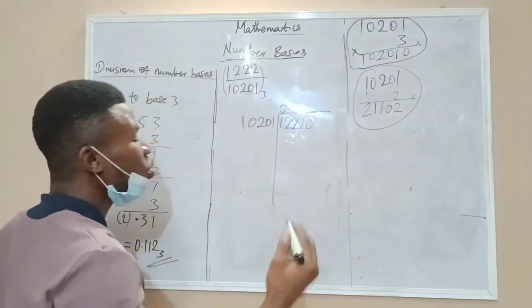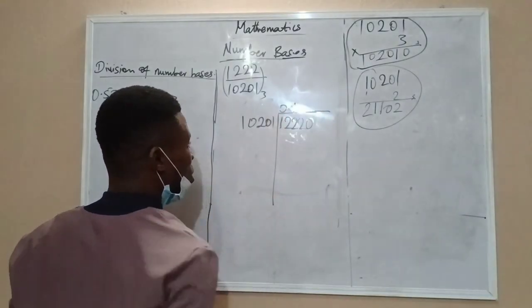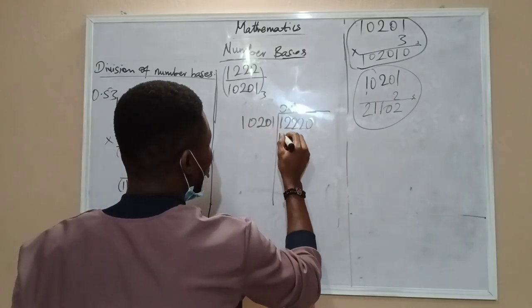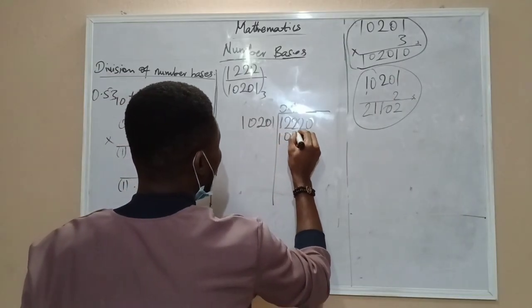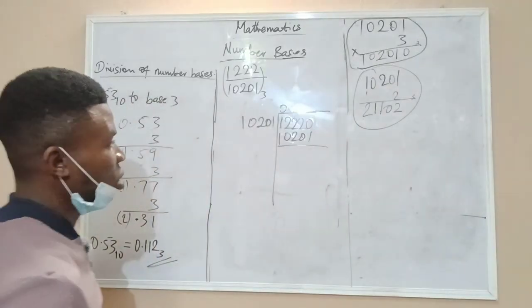So what do we use? We used 1. And then 1 times this will still give you this, which is 10201. And then when you subtract,